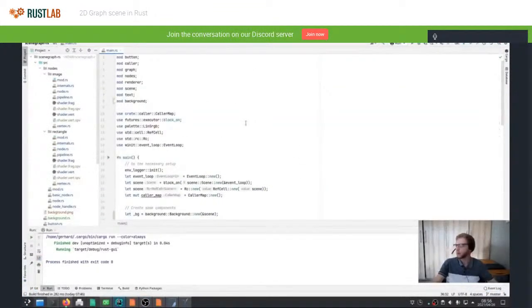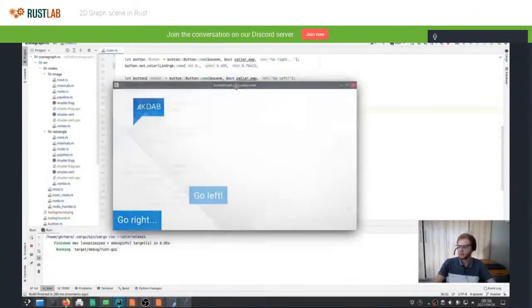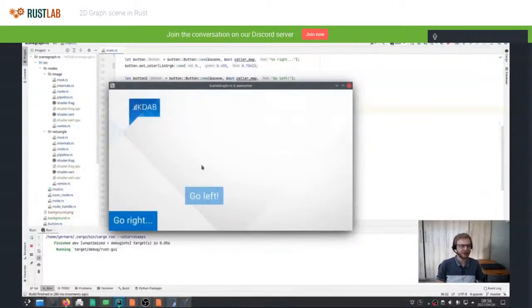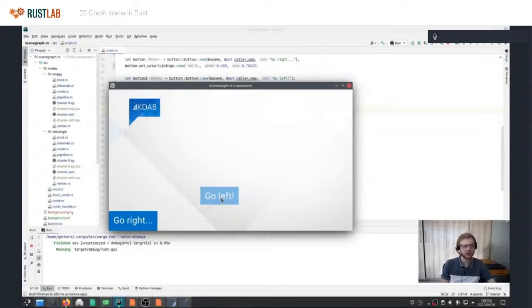Okay, so here's just the project source code open, and now let's run it. Right now this is a really basic implementation of my concept. It has only got these button-like elements, and it understands user input, bounding. So if I click on a random place, it does nothing, and if I click on this one, then it moves left, and if I click on that one, then it moves right. And this background is just an image node. The way I built the button is through composition of just a rectangle node and a text node.